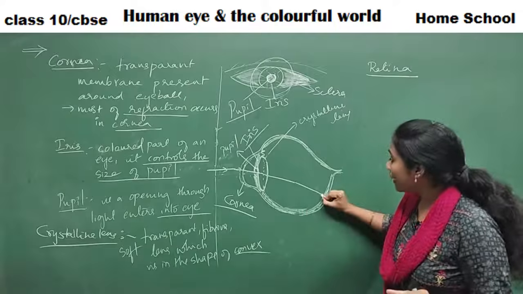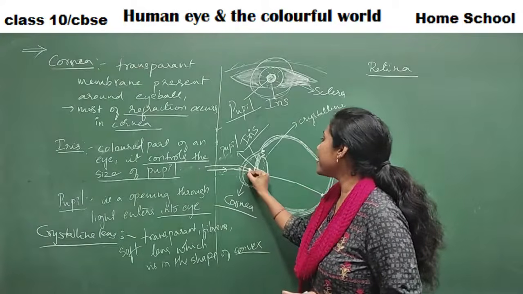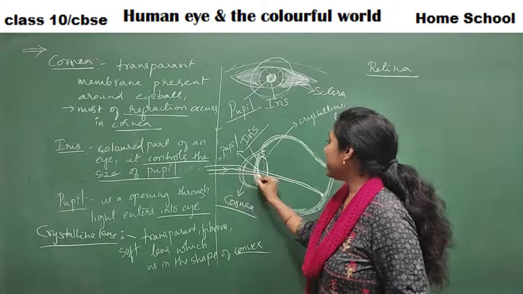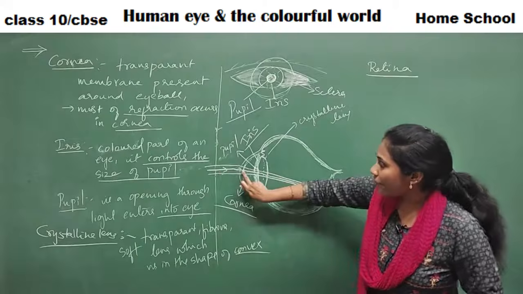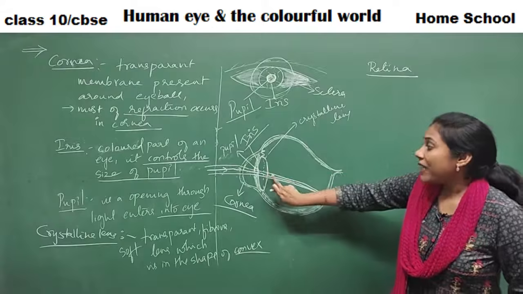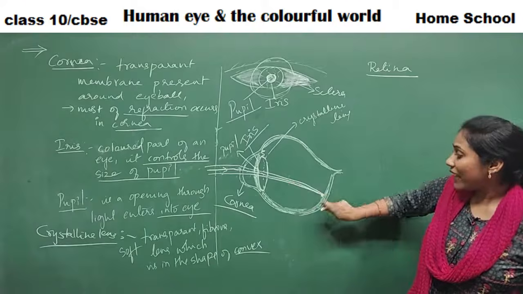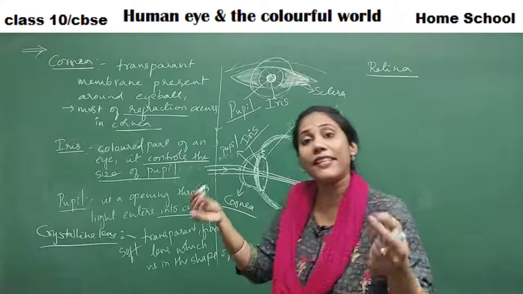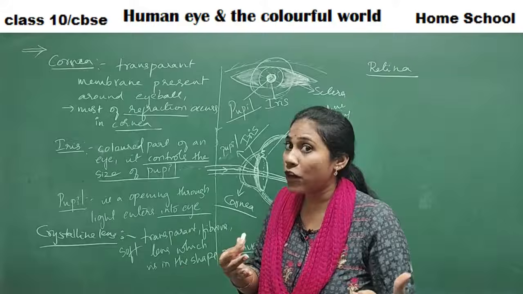So the rays would meet at the retina. And I'm taking another ray. Even this is undergoing refraction, and it is meeting the other rays. Refraction in the sense what? Bending. First level of bending took place in the cornea region. Second level of bending you observed in the lens. And these are refracted rays. Where are they meeting? This is a converging lens, isn't it? Converging in the sense refracted rays are meeting at one point. Wherever the refracted rays meet, their image is formed, right?